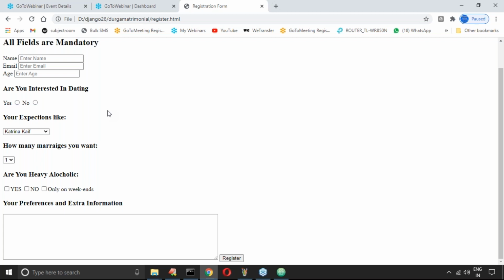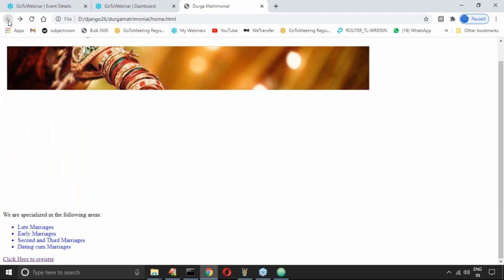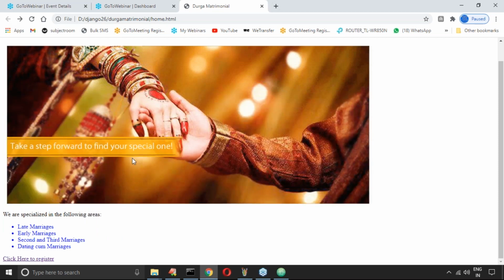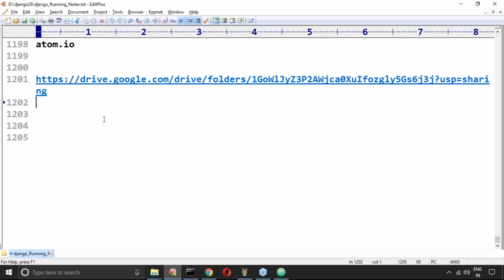In this example, one thing missing is styling. Second thing missing is functionality.